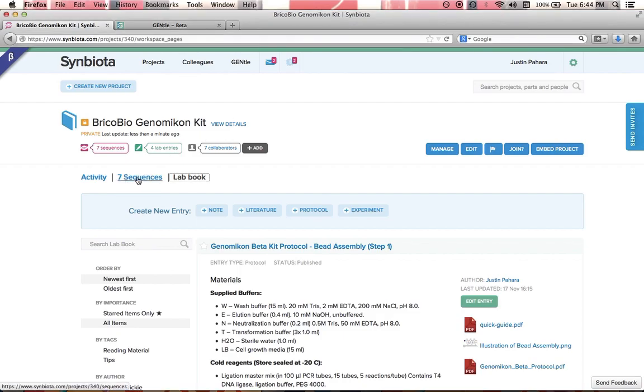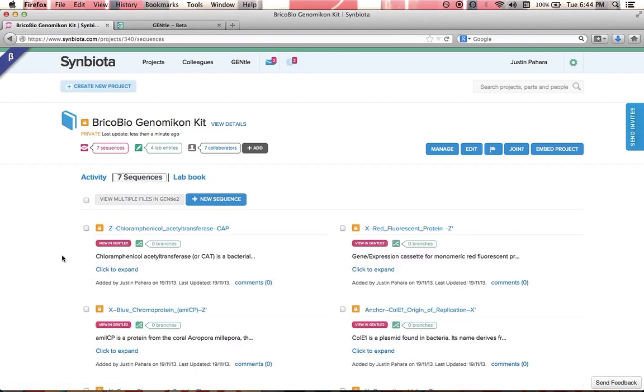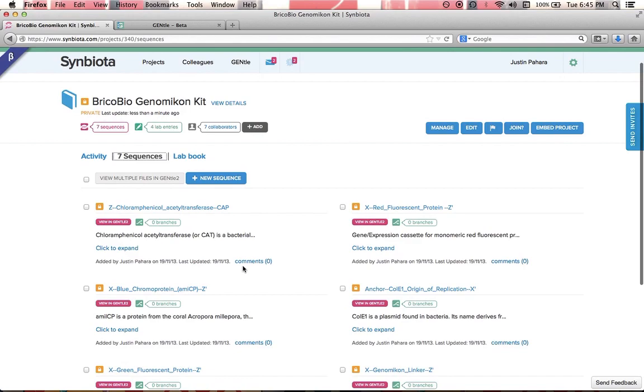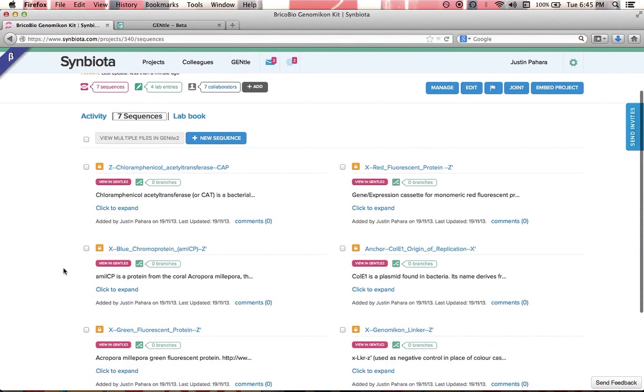Let's go to the sequences section. And in this section we can see every sequence that comes with the Genomikon kit. Now each of these are currently situated next to a golden lock, which means you can't edit them. You can only view them, read them, and then, as you'll see in a moment, you can mix and match